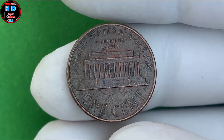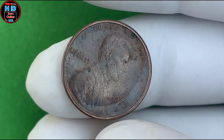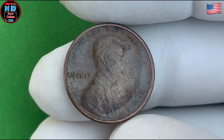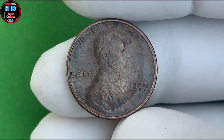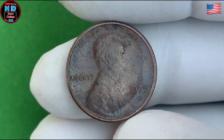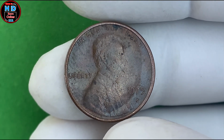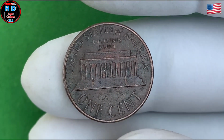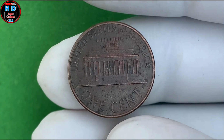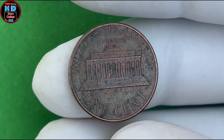The rarity of these double die error coins is part of the reason why they are so valuable. When you consider the fact that the U.S. Mint produces millions of pennies every year, finding one with a minting error is extremely rare. Only a small number of error coins are discovered, making them highly desirable for collectors who specialize in rare or unusual coins. Because of their rarity, these error coins can bring in substantial amounts of money at auctions or through